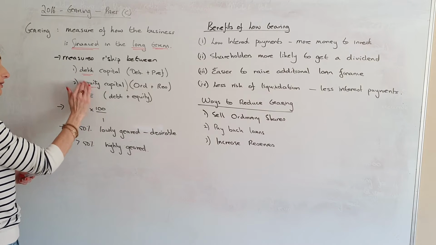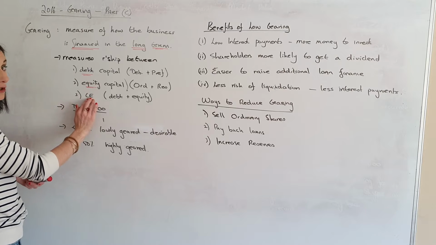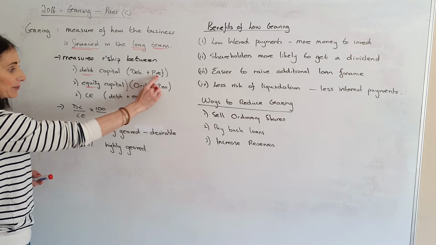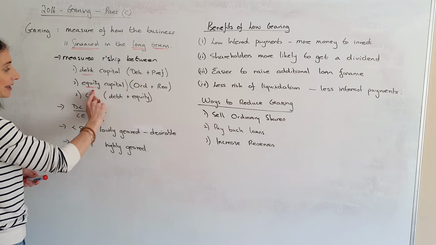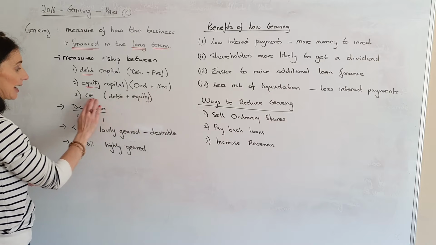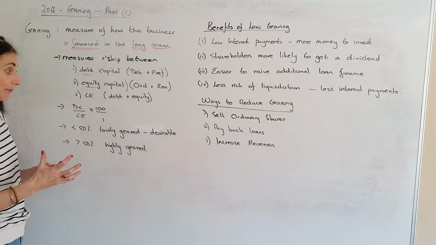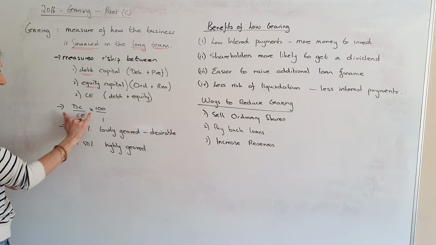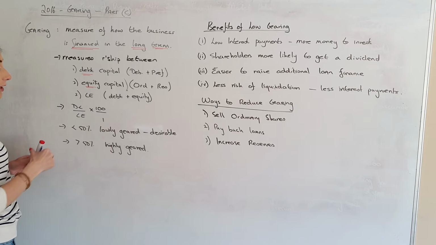And it might do these two as a ratio, or it might look at it as a total of capital employed. So debt capital is debentures plus your preference. Your equity capital is the money the owners put in. It's ordinary shares plus reserves. And capital employed is two of these added together. So the ratio we use is debt capital over capital employed multiplied by 100 over 1, which is really